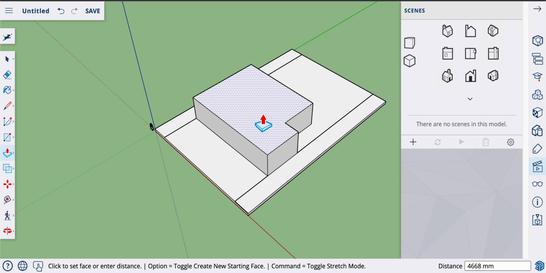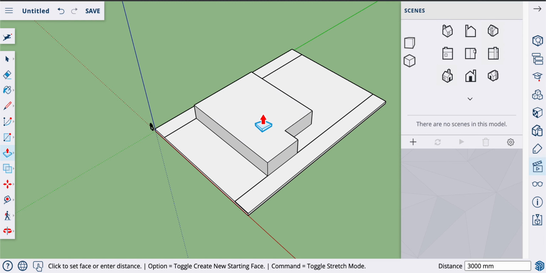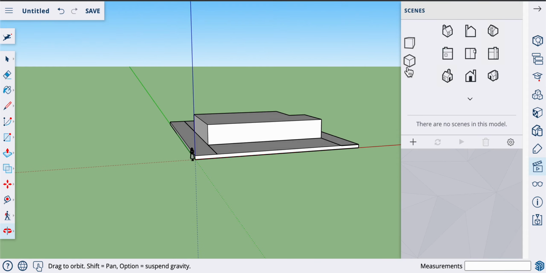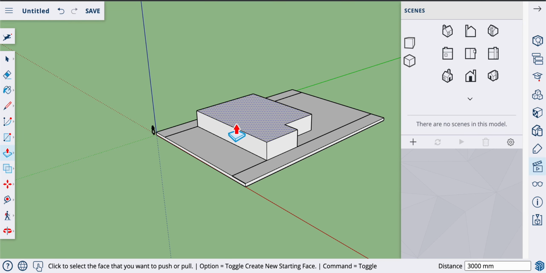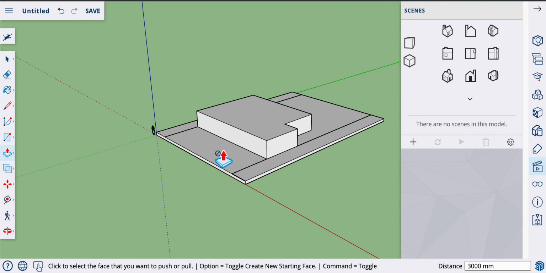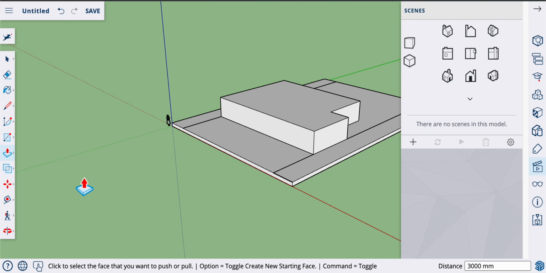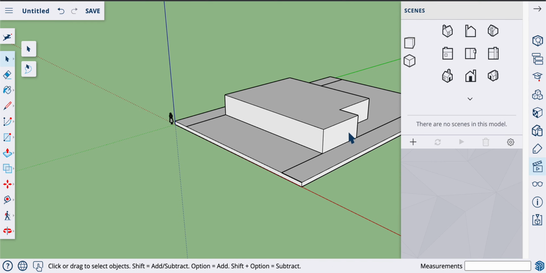Okay, and just like before, our first story probably wants to be somewhere between 2400 and 3000 millimeters. I'm going to go for 3000, which is quite a generous ceiling height. It's actually quite a large structure, so it looks a little flat in this view, but that is fine. So what I'm going to do now is start to think about building a roof on my structure,